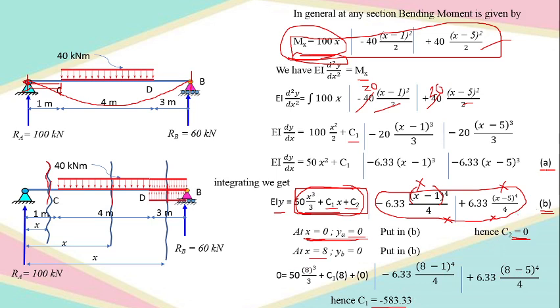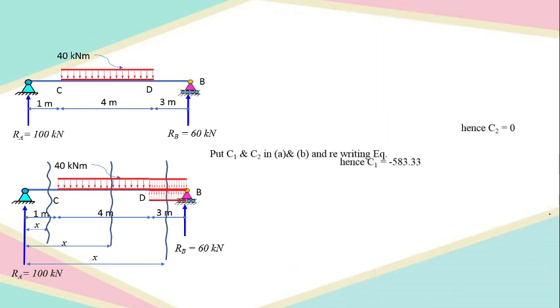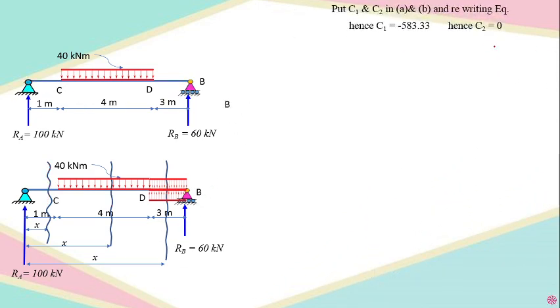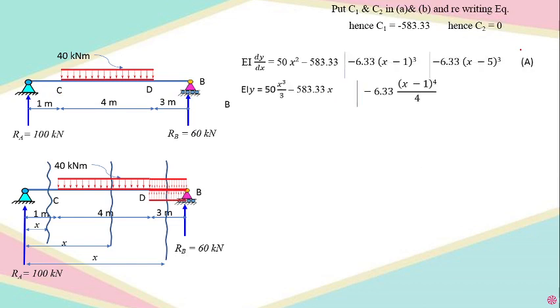We have to rewrite equation number A and equation number B, putting in the values of C1 and C2. We already have the values of C1 and C2, so put them here. So I got equation number A, and also equation number B. These are the two generalized equations for this beam,